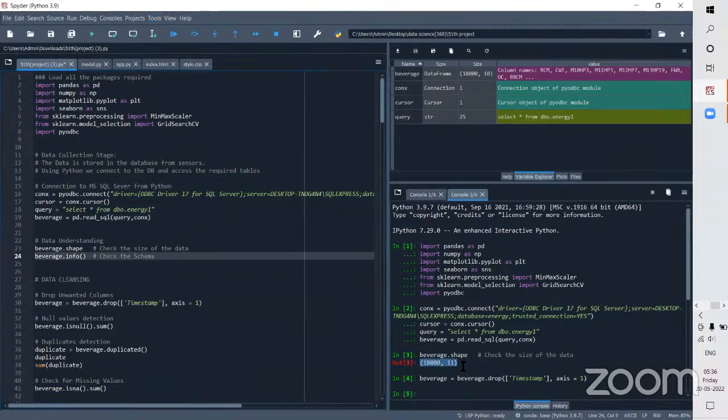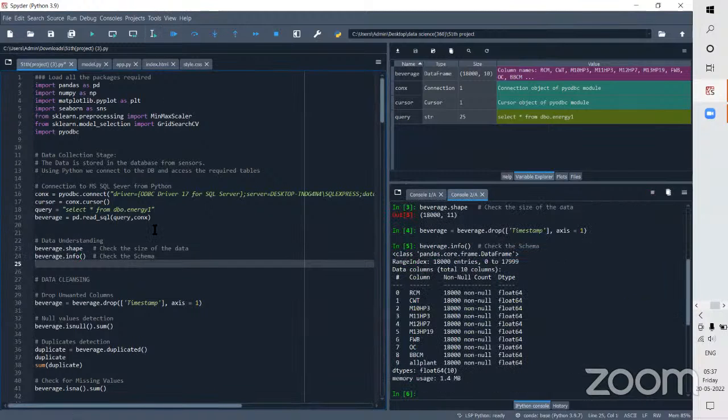Yeah, 18,000 rows and 11 columns. That is what it means. Now, when you say beverage.info, it will show you what the various columns are. Do you have any null values? And the last line in the output, if you see on the right side, says memory usage is 1.4